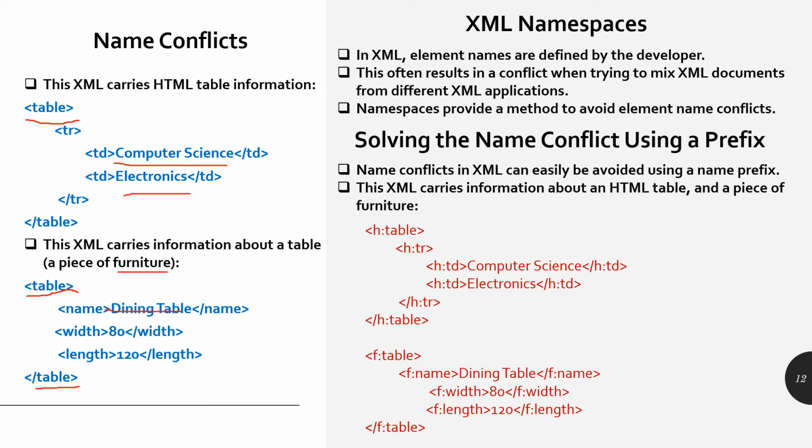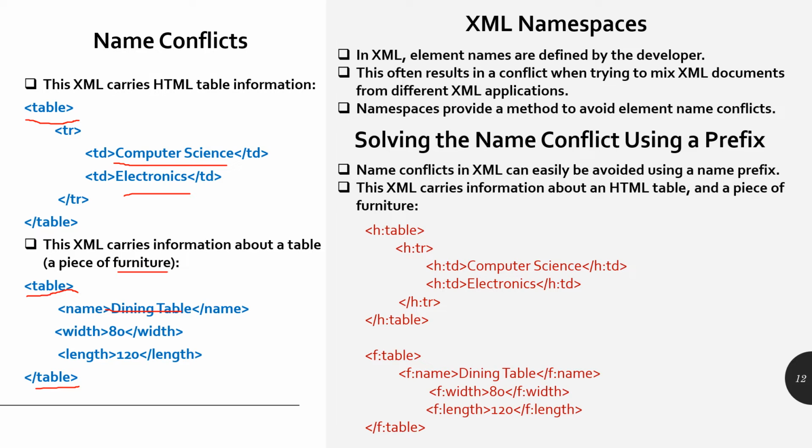That should be avoided, because here this table means furniture table. Here actually the HTML table is what we have defined, that type of table. We need to differentiate this. Okay, to solve this problem, we need to prefix